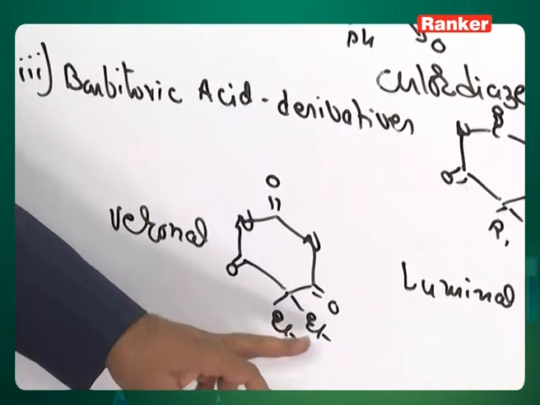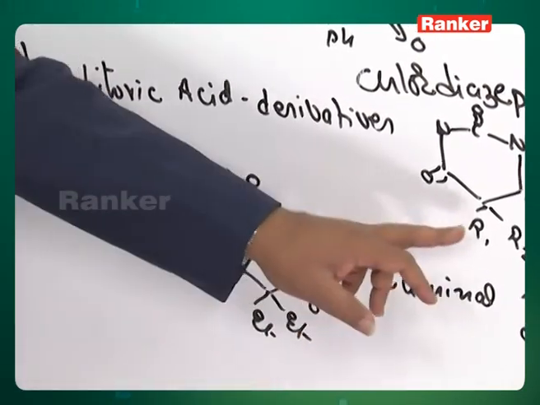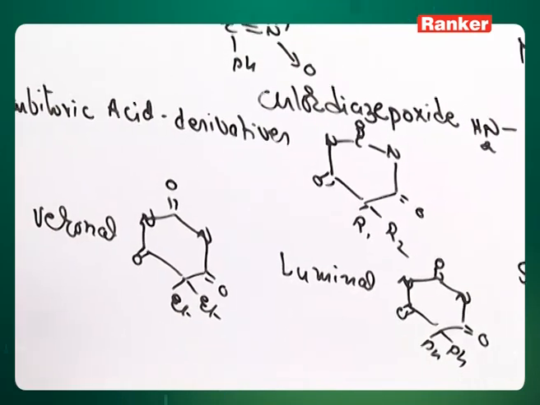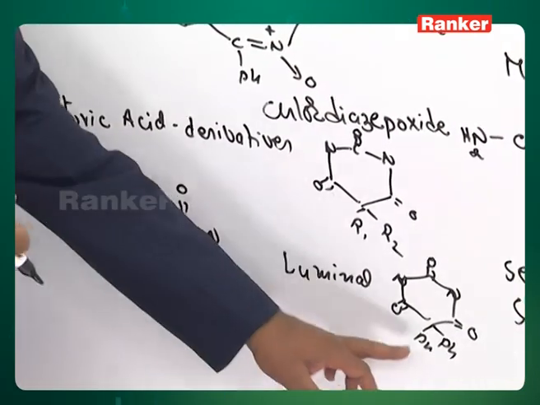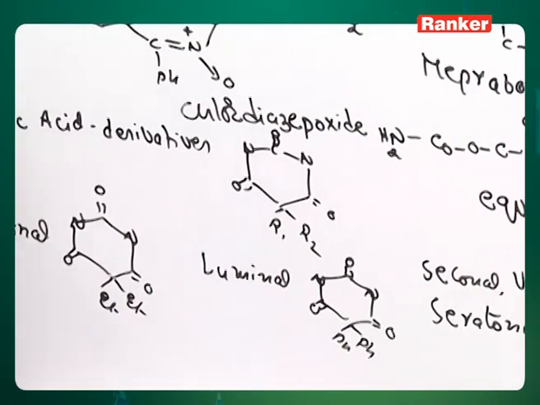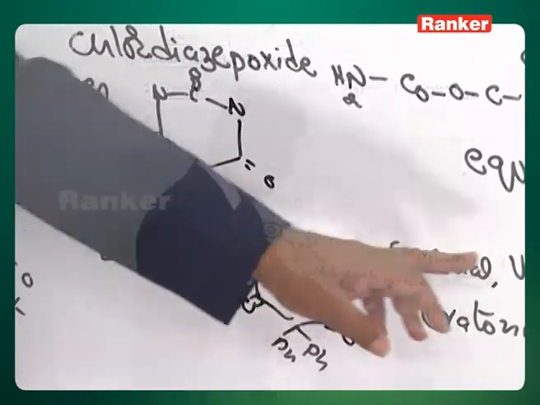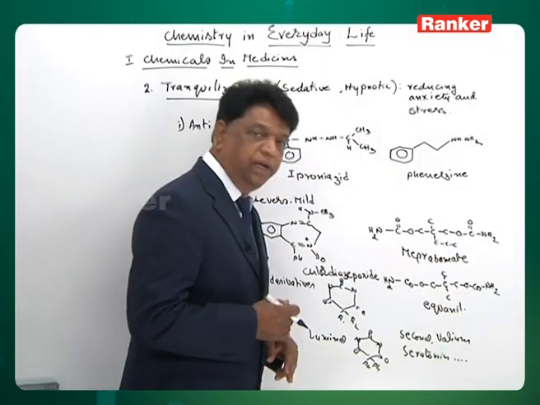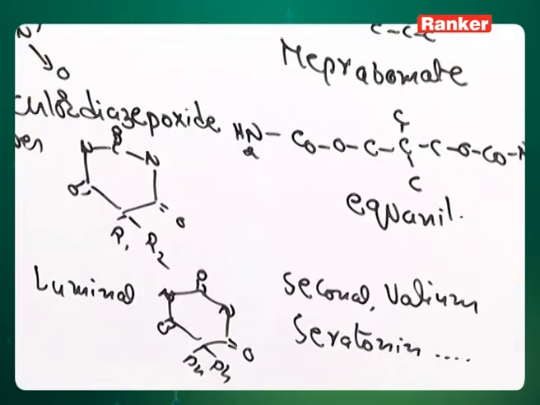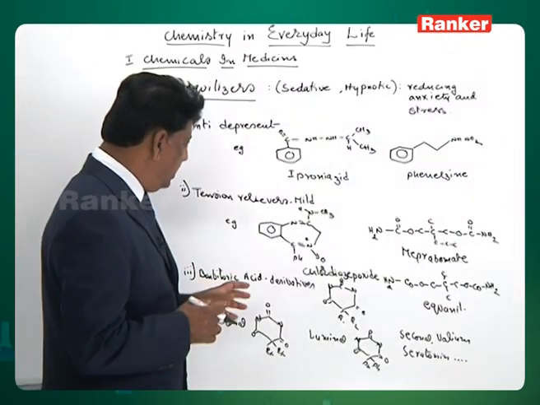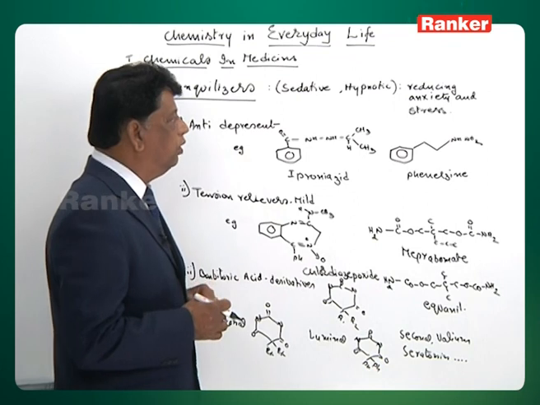Now the first derivative is diethyl. In the case of R1, R2, if two ethyls are there, this is called veronal. If two phenyls are there, that is called luminol. There are some more drugs like seconal, Valium, serotonin and so on. They also belong to this type of drugs, which have a little stronger effect, and however they control all this